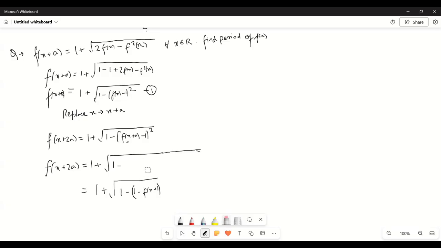एक मिनट. I'll have to rewrite the expression because I think I've made a mistake in this. तो 1 minus 1 था, फिर यहाँ पे f of x plus a डालेंगे. तो f of x plus a के लिए वैल्यू है 1 plus root over of 1 minus f of x minus 1 whole square. हाँ अब ठीक है। तो ये हो गया f of x minus 1 का whole square, and then we have